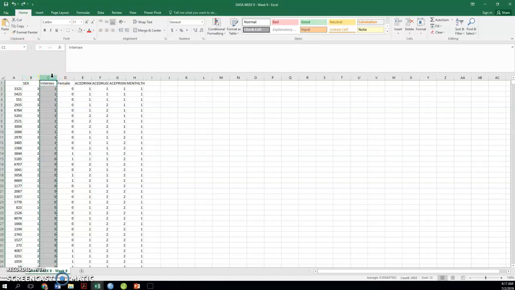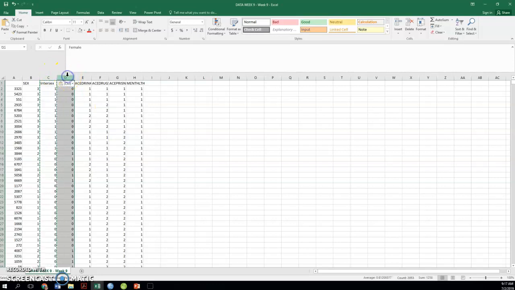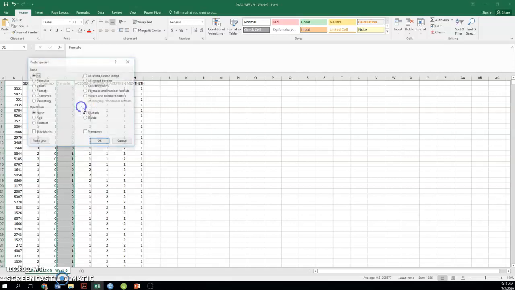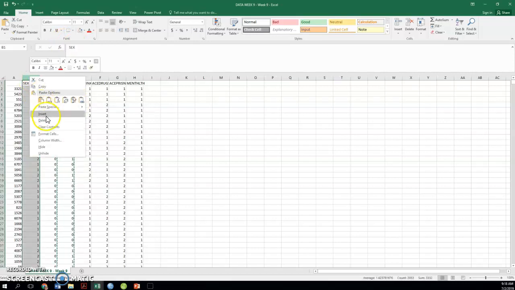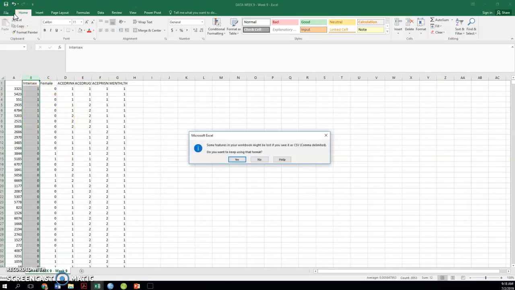What I need to do is copy it to the clipboard. I did a Control-C, Command-C on a Mac, then paste special, values only. Do the same here, Control-C, and then paste special. I missed the shortcut key there somehow. Either way works. Notice now this is a number in there, so is this. So if I get rid of this formula, it's not going to affect these two columns. If I save that,